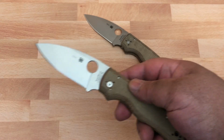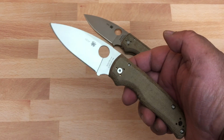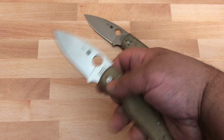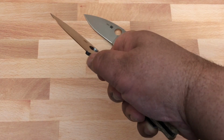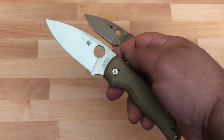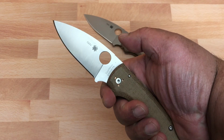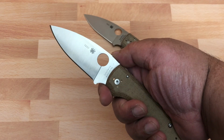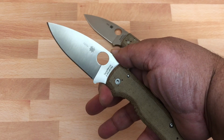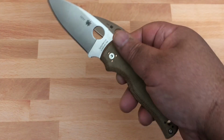It has all the classic things that you expect from Spyderco and their classic knives. The forward choil that has jimping on the blade side of it. 50-50, 50% steel, 50% scales, so that you get this big forward choil, but it's not taking it from the steel. Jimping on the top. Of course, that big